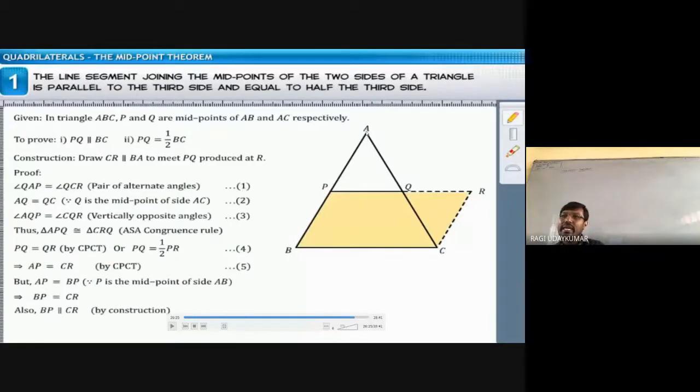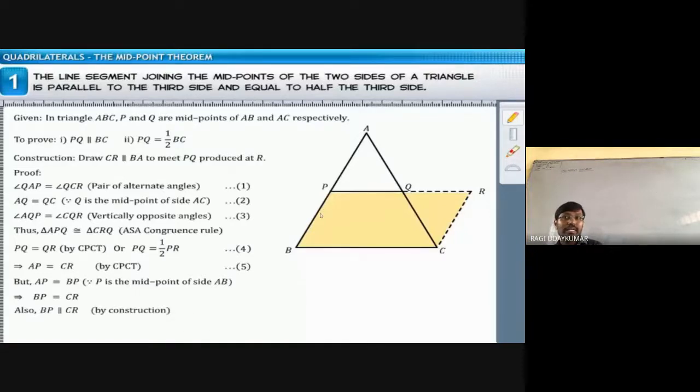Yes, very good. ये AP है ना, this length, here I am showing to you, we have proved it is equal to RC. Here that step is missing. That step you have to write. AP, because the congruent triangles, you are going to get AP is equal to CR. Because we have proved that these two triangles are congruent. And AP is equal to PB हो जाएगा. AP is equal to PB हो गया.